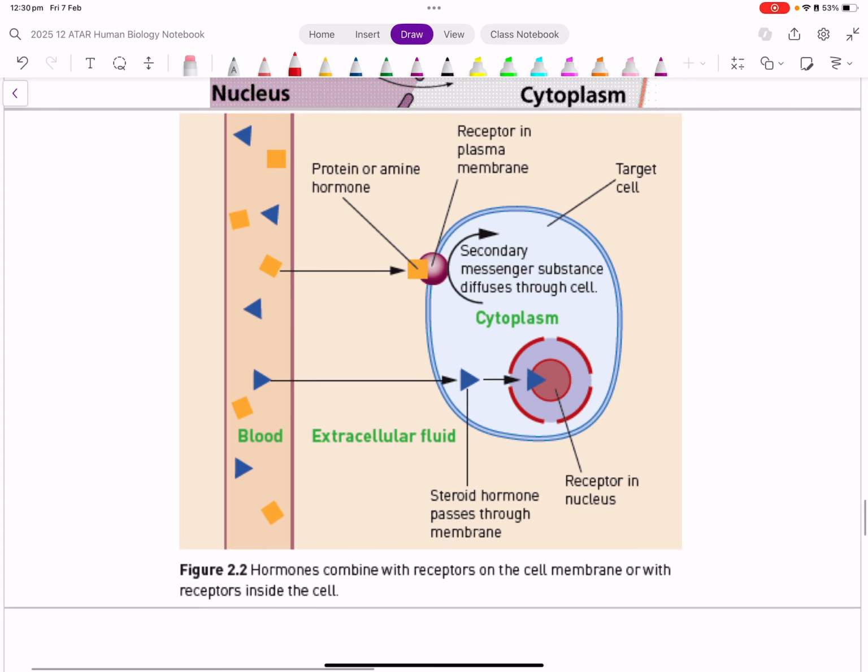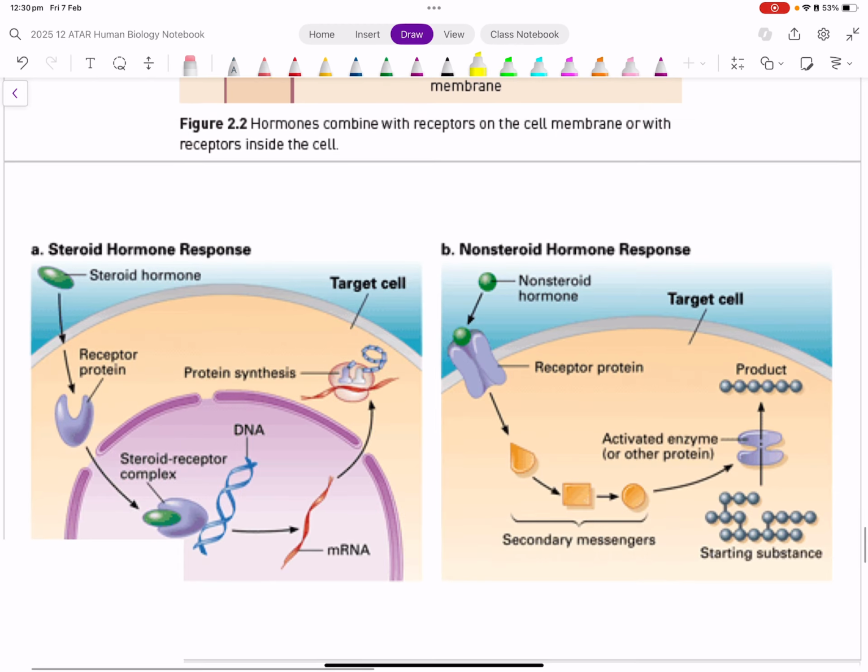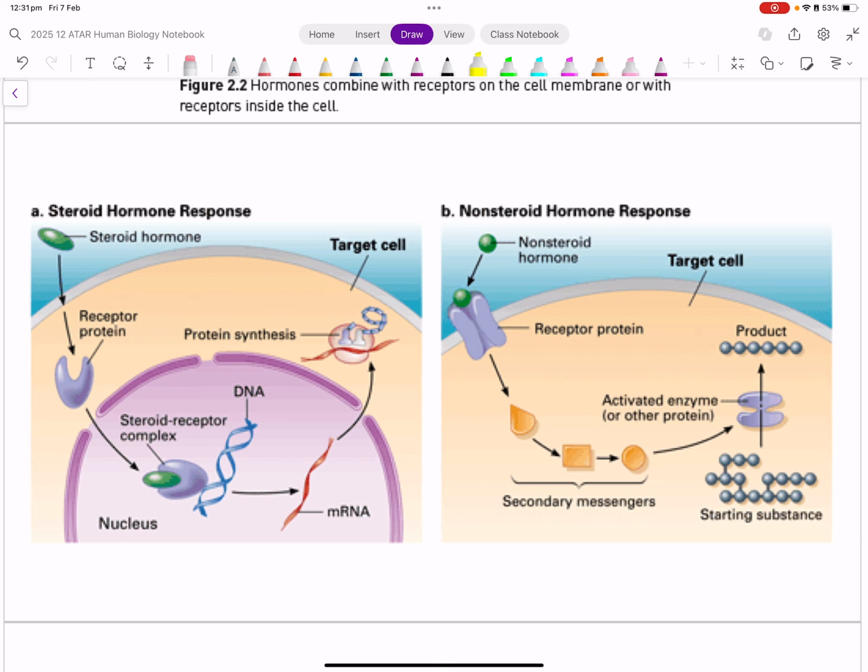As we scroll down here, we can now see both forms of transport going on. So up the top, we have protein or amine hormones. Protein or amine, as you remember, are our water-soluble hormones. And down the bottom of our diagram, we can also see, in blue, this steroid hormone instead. So let me just highlight this other line as well. So overall, I'm going to finish it on this slide here. Again, just another visual representation showing the differences in how steroid and non-steroid hormones